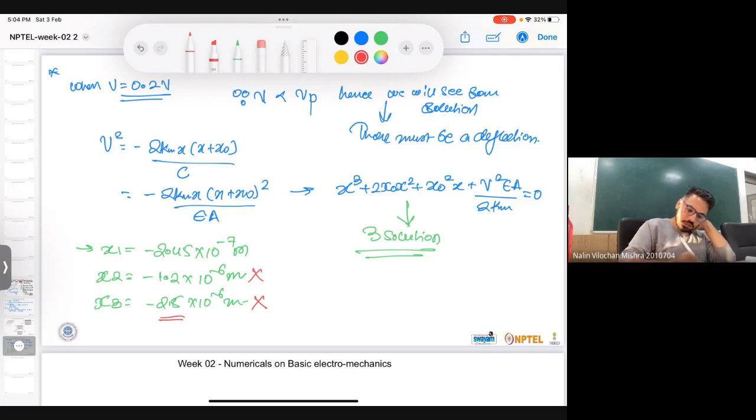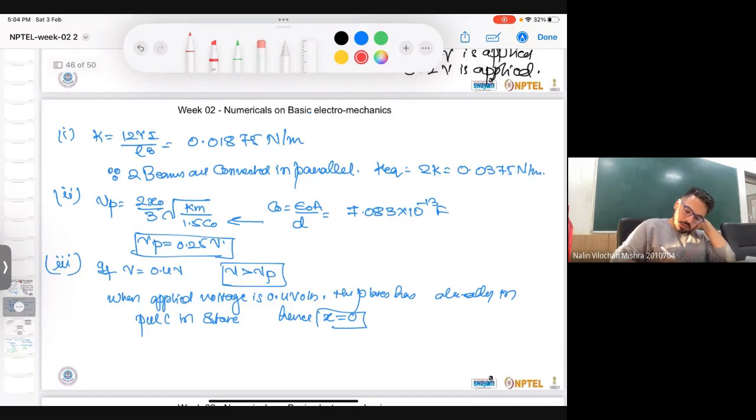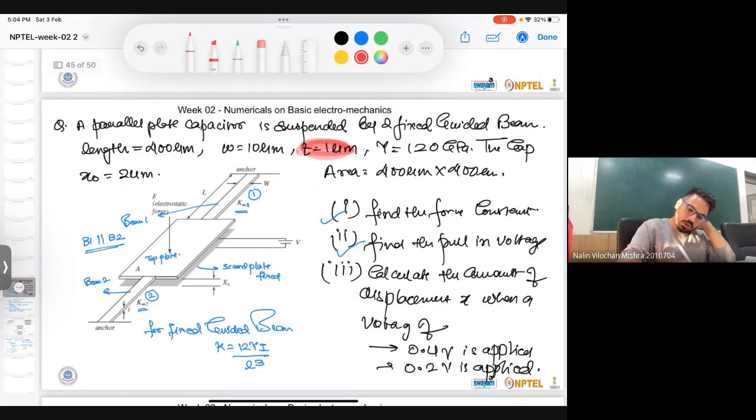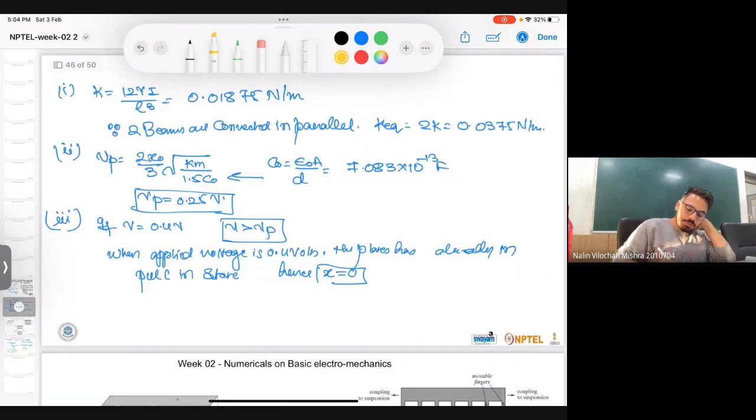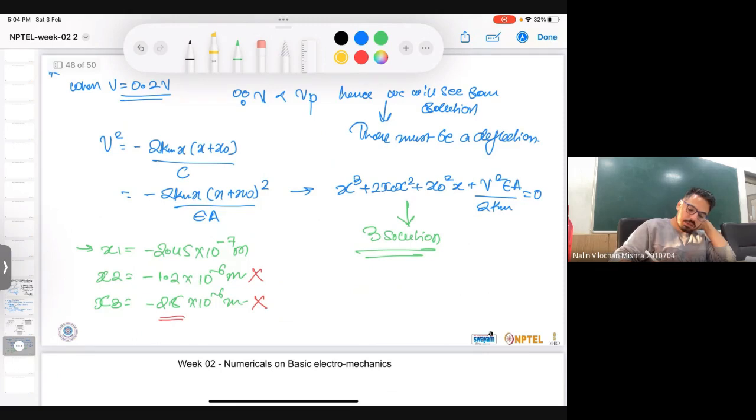No, I guess the value was not 1 micrometer. Sorry, this is the thickness. Thickness is 1 micrometer. I'm talking about this, the displacement. So the displacement was 2 micrometer, and hence